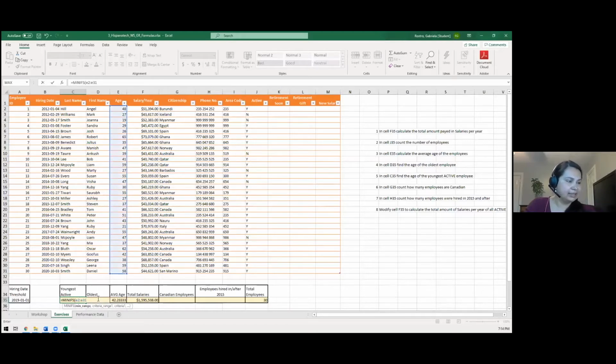There we have it highlighted. Then we add a comma, and then I'm going to say what is my criteria range. So I want to find out if in the column of active, it says yes, it will be evaluated. If it says no, it will not be evaluated. So the criteria range is going to be J2 until J31. And then my criteria is going to be, I have to open quotes because I'm going to enter text. I open quotes, Y, and then close the quotes. Then I'm going to close the brackets